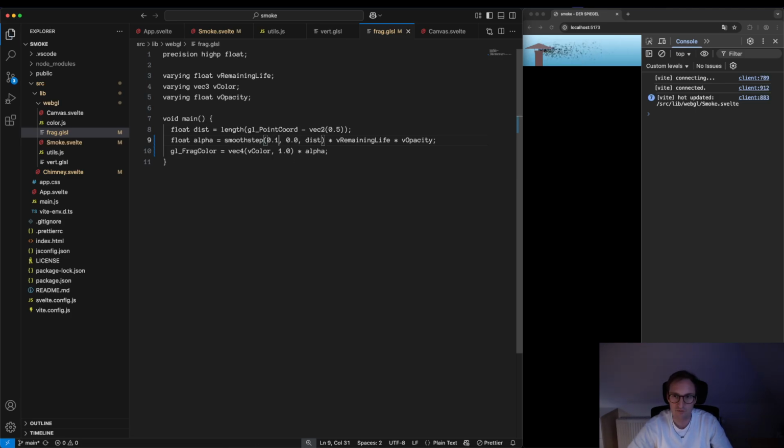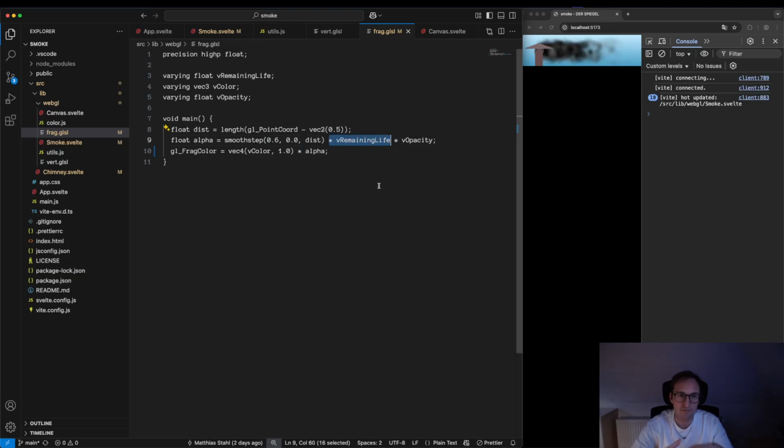If we go the other way around, 0.1 to 0.0, you can see that only the very inner pixels, the ones very close to the center of my point, are drawn, and then we can see the particles quite nicely, how they flow out of the chimney and how they get all these different positions. So yeah, I want to make them a little bit larger. 0.6 proved to be a nice number, because when I make this 1, then I get this rectangle shape again, because the points in WebGL are actually rectangles and not circles. All right, and then I multiply this with the remaining life,